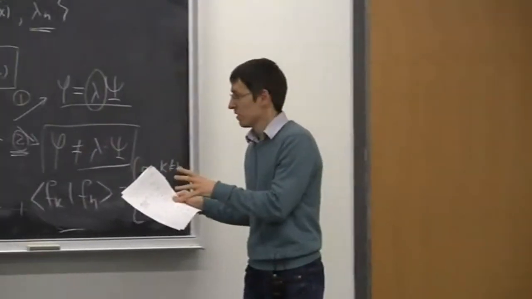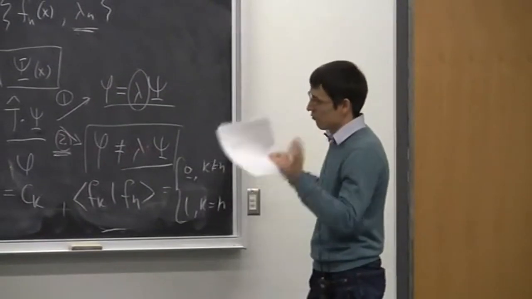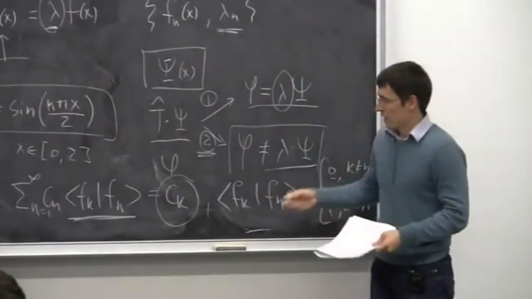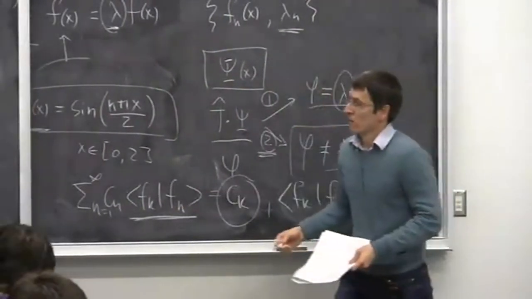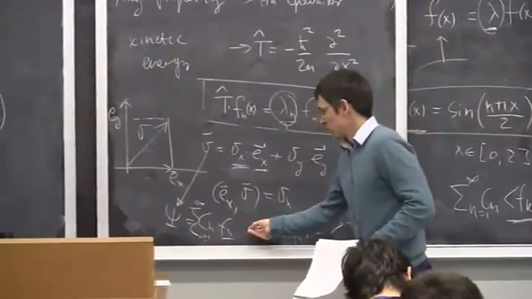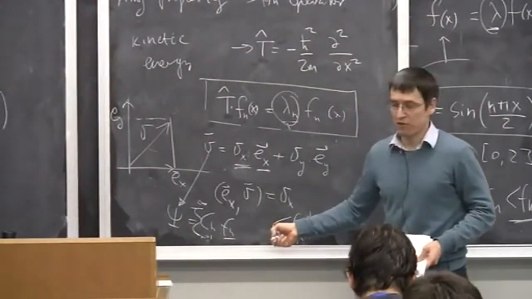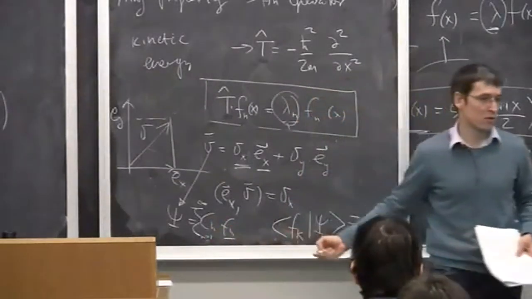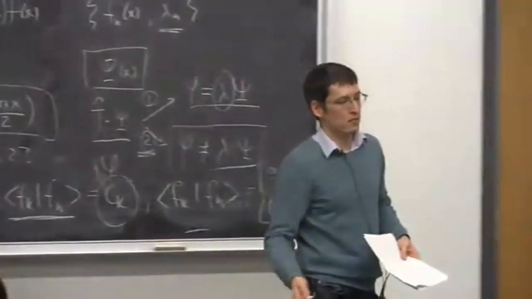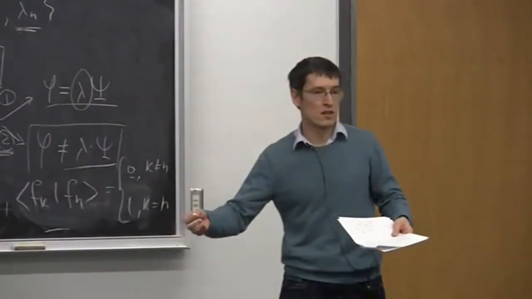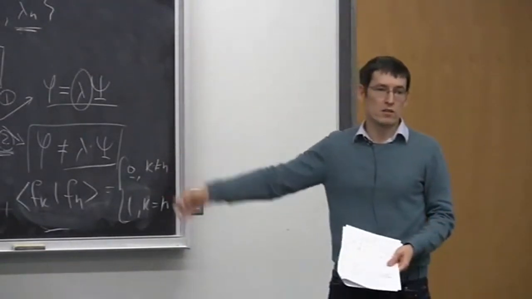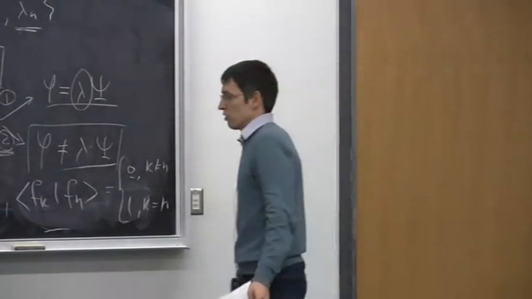Okay? So this is the genius of Fourier. Essentially, before Fourier figured out how to find these coefficients by making such projections, if you think about this problem, writing one function as a linear combination of other functions is not a trivial thing, because how do you find the coefficients? How do you find the coefficients if you want to write the sine function as a linear combination of polynomial functions like 1, x, x squared, x cubed, and so on and so forth? So how do you do that?